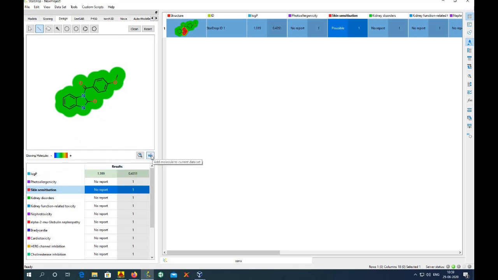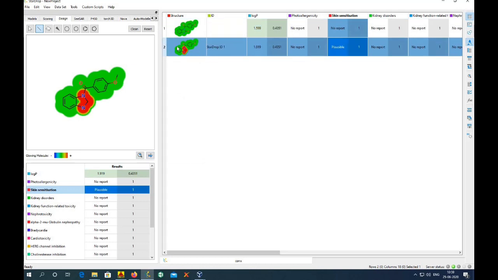I am running this molecule after addition of the OH group, so we can compare these two molecules, the previous one and the one after modification. The skin sensitization is completely altered by addition of the OH group. Skin sensitization is reduced, plausible is converted into no report.